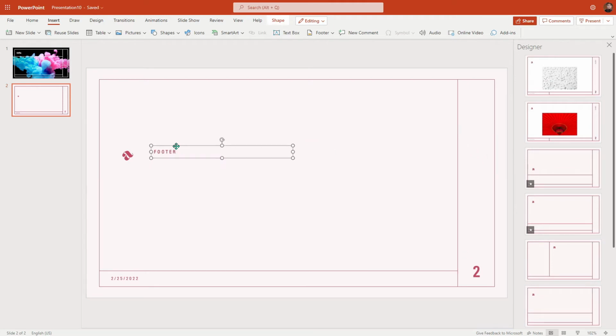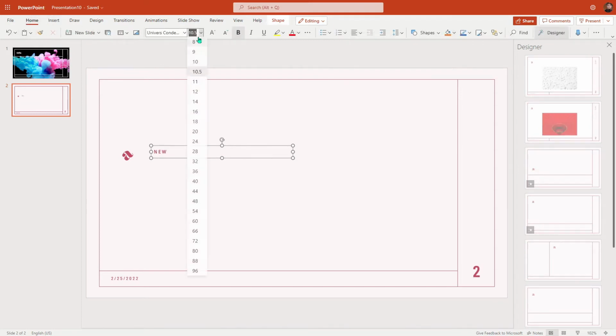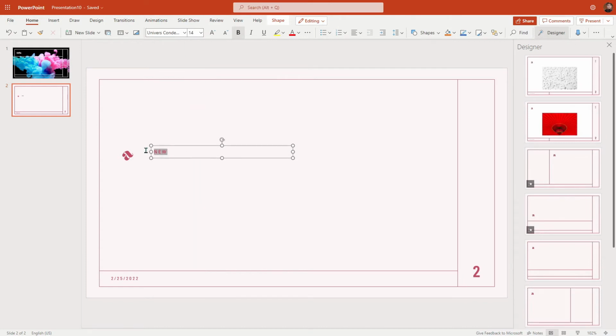Move this over, and I'm going to put new, but I'm going to make this not this size. I'm going to make it about 14. I'm going to make this size 14 here. I'm going to tilt it a slight bit so it's a new,